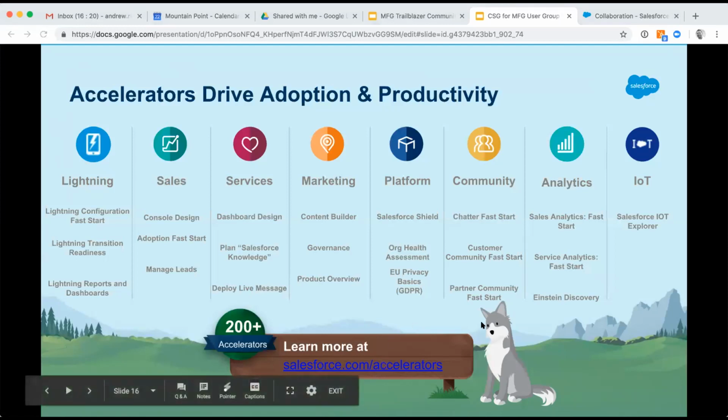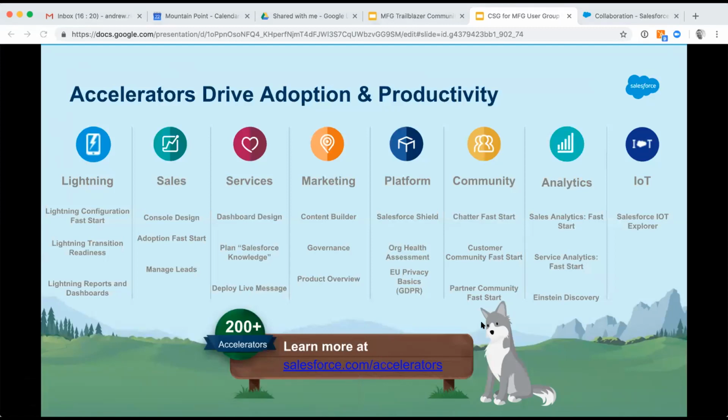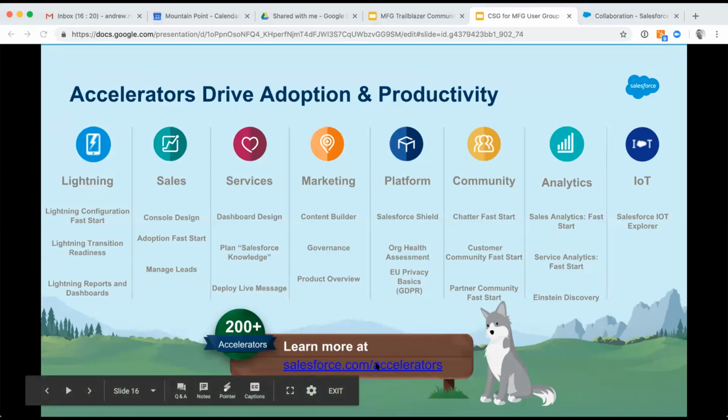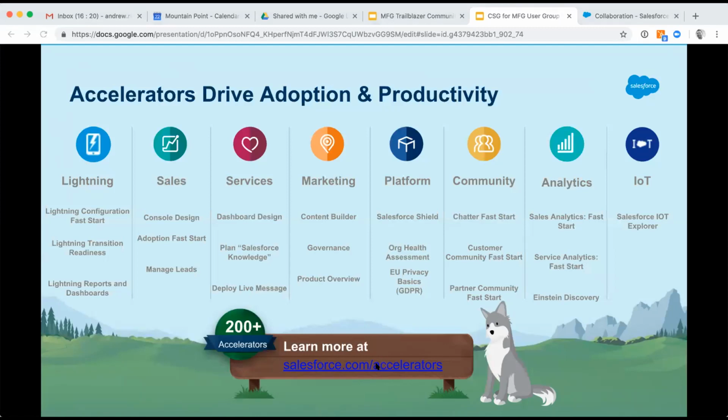Yeah, so the accelerators are inclusive with the Premier Success. So if you have Premier Success, there's no additional cost to this. If you do not have Premier Success, but you're interested in it, you can always contact your account executive for pricing, and he or she can give you a quote on how much it would cost. Prior to these being a value add to Premier Success, customers did have to purchase accelerators. And on average, they were about